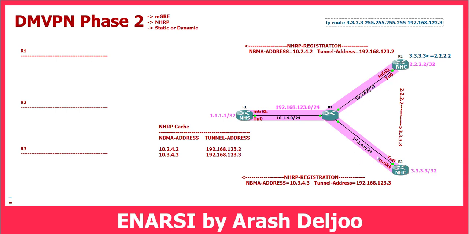You know that this is our tunnel. This pink tunnel is our tunnel, and the next hop is 192.168.123.3. Let me write here, this is 192.168.123.3, the IP address of Tunnel 0. Because of that, we know the next hop, but we don't know the physical address for this logical address. We don't know to which IP address we should encapsulate with the GRE tunnel. Here we should ask the NHS. Here we have